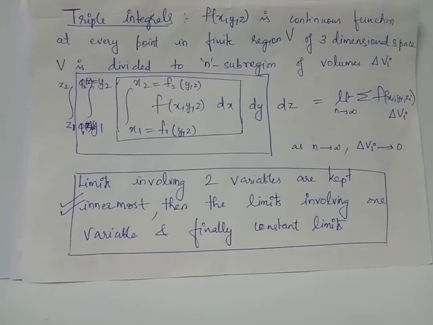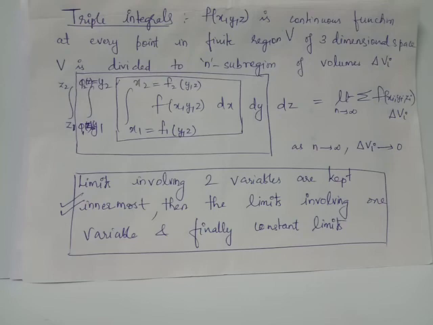After integration with respect to y, when you get a function in terms of z as the resultant answer, finally we will perform the integration with respect to z, whose limits are already constants, z equals z1 and z equals z2. The key point is that whichever variable has limits defined as functions of the other two variables will have to be performed first.